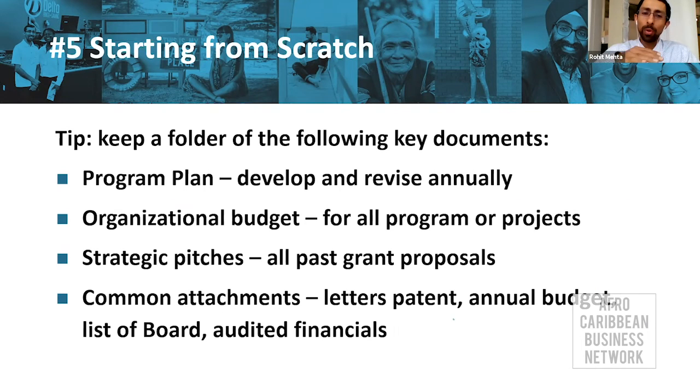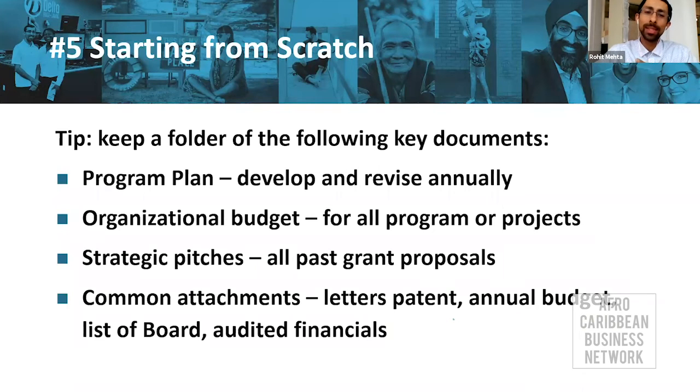Number 1, come up with a program plan. A program plan is where you write down your entire program for the year, and you essentially outline what it is that you're doing, what your goals and objectives are, how much it is going to cost, and a few other details. You come up with that every year, you work with your board of directors, and you revise it, and you make it better. If you can do that, I think you'll be very successful in starting the next grant, because we all know starting is often the hardest part. And I think you can continue to revise that each year and make it better and better. And of course, you'll have new programs, you'll add them to the plan. Maybe you might end a program, you can take it off.